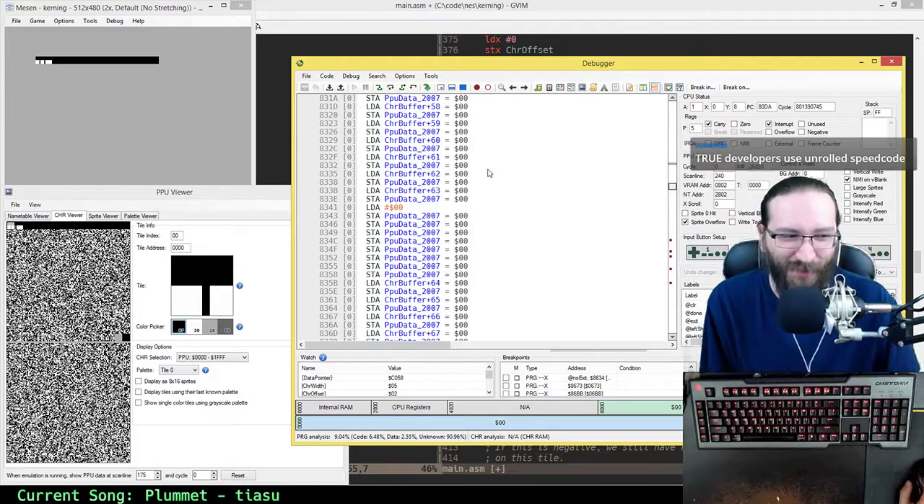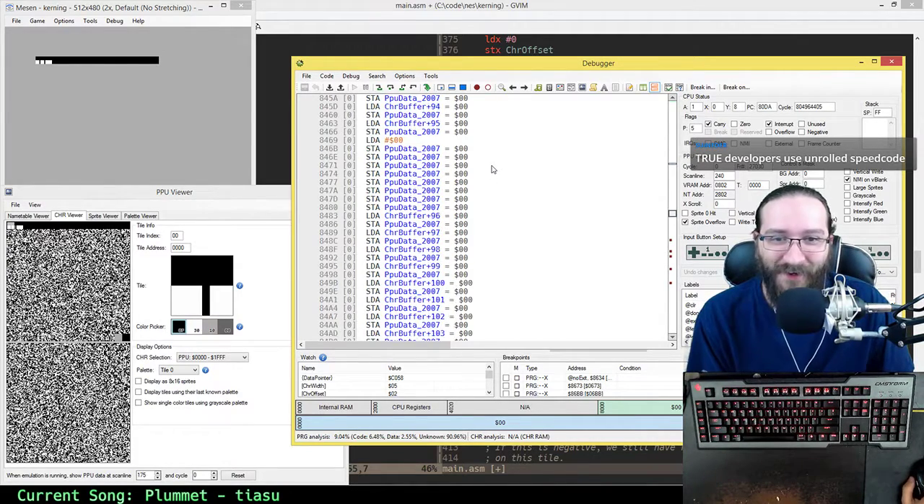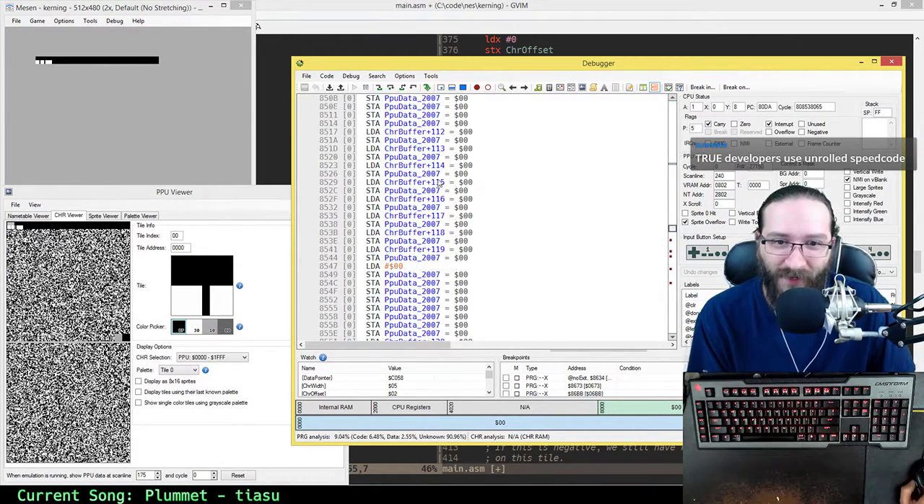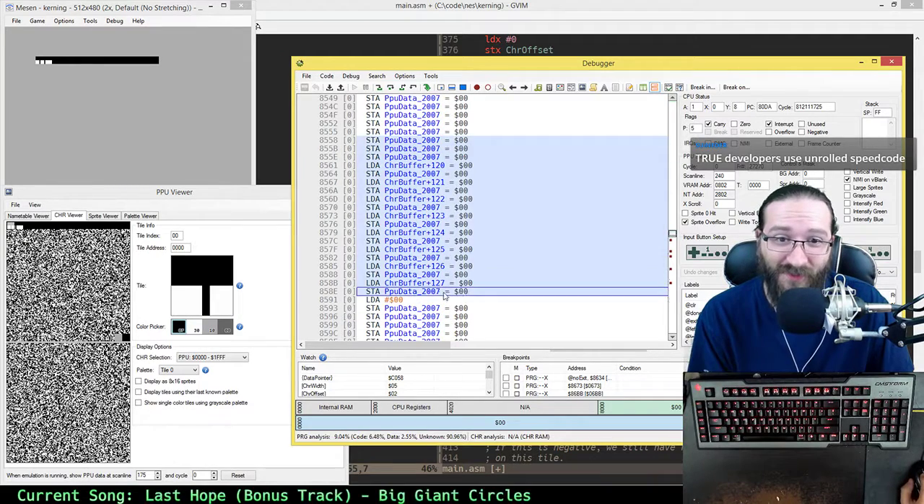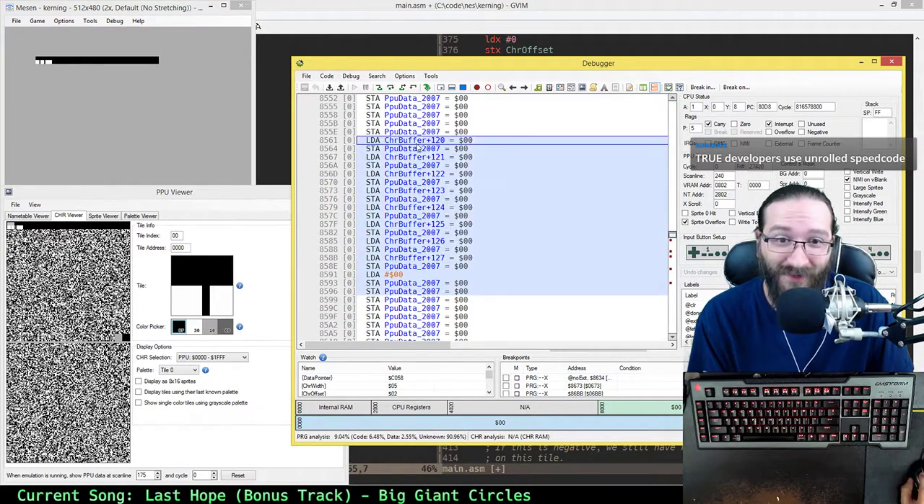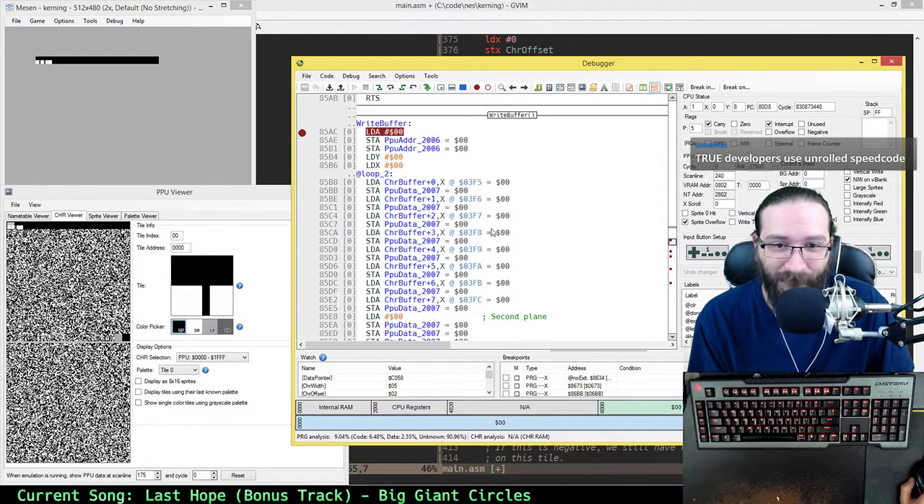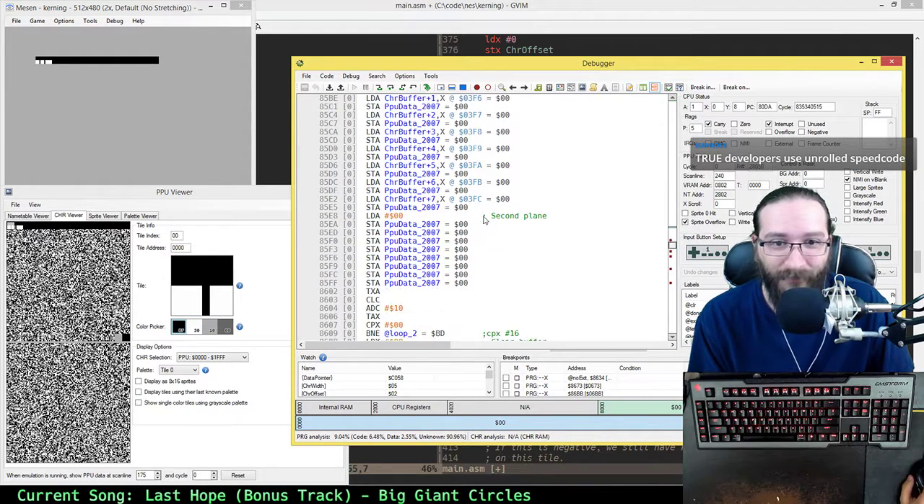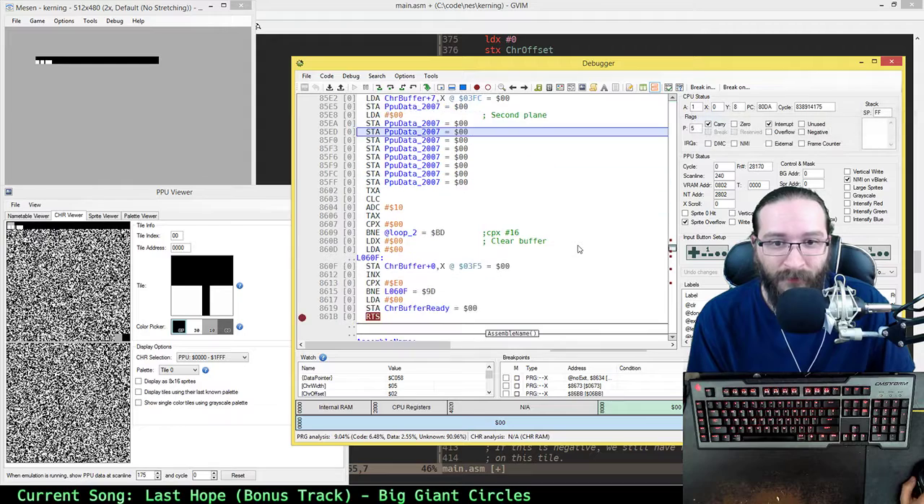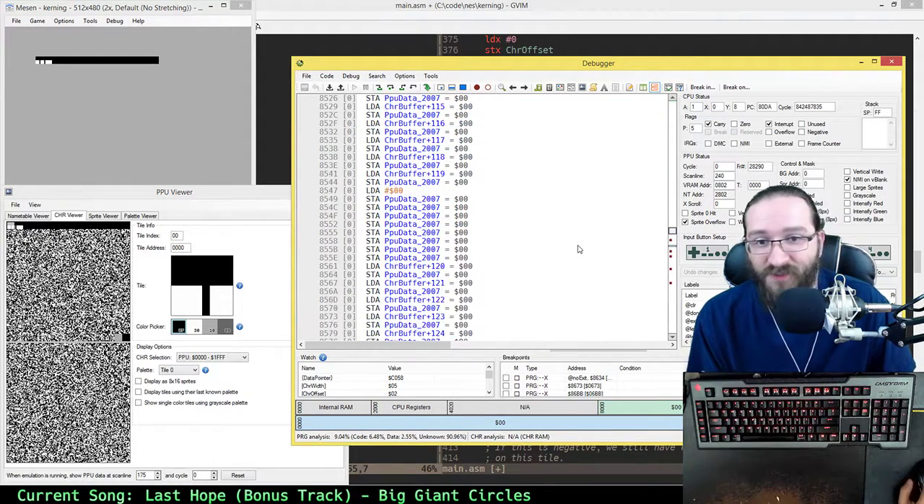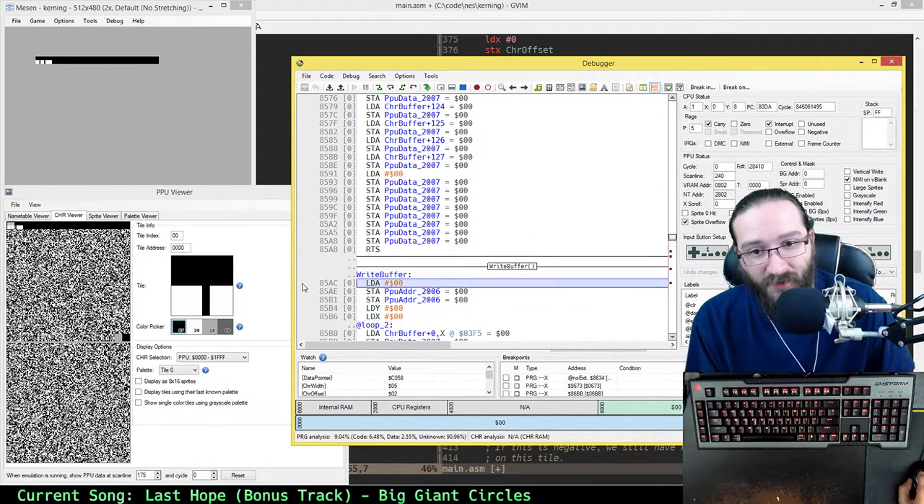True developers use unrolled speed code. Yeah. I still have them both in the ROM right now, so it's not like I'm excluding one. So this is what the unrolled one looks like. Well, unrolled. Bunch of stores, load A, store A, load A, store A, load A, store A. You know, the other one looks like this. But yeah, so as for the